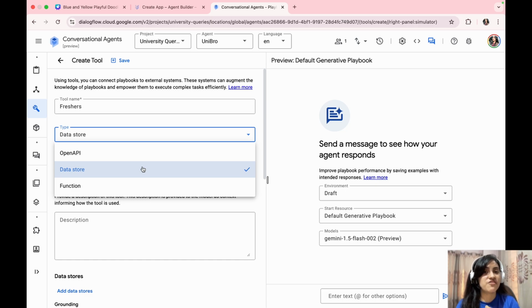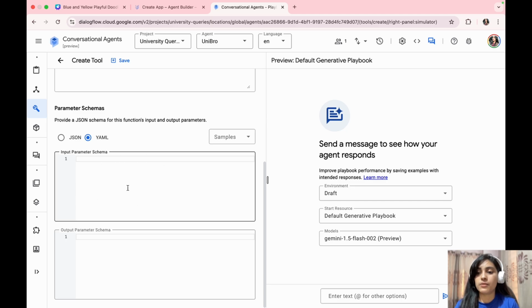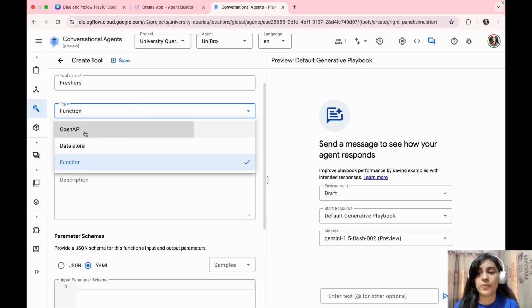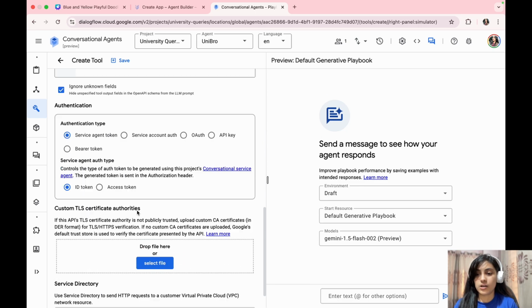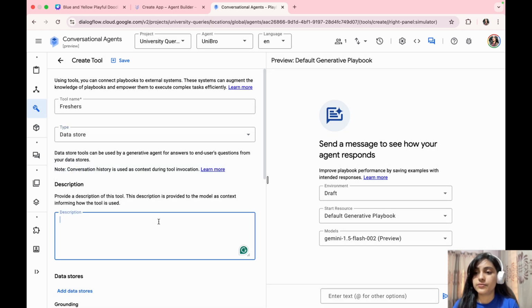Maybe I'm going to save my information in a bucket. Otherwise, you can also do a function. You then have to write your input parameter schema over here in a JSON file, or you can use OpenAPI. But we're going to go for data store. So here it is. This tool will help freshers